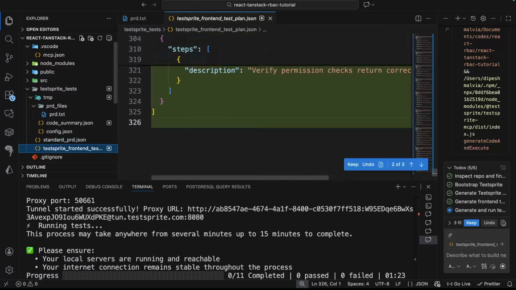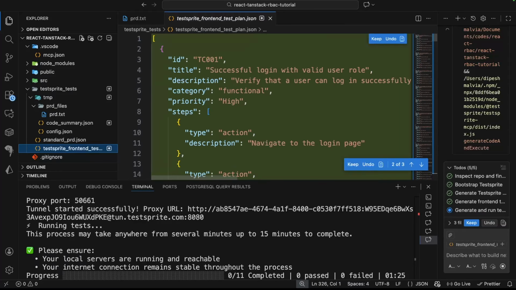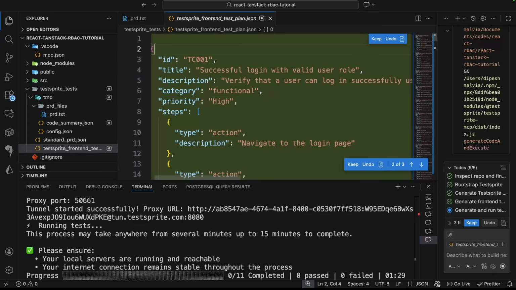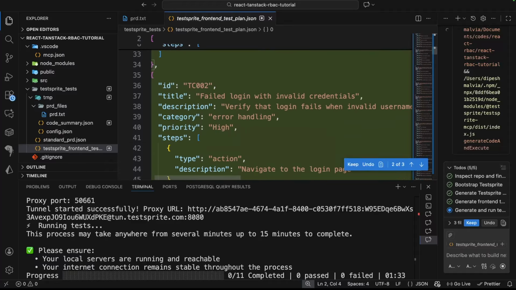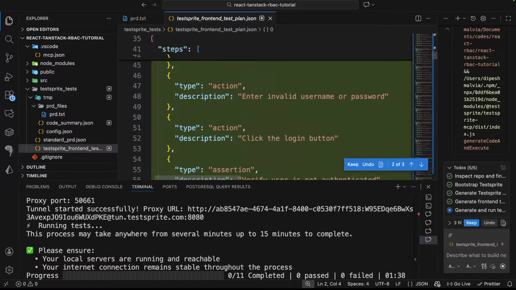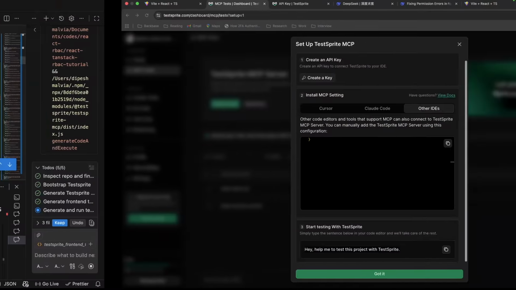Then you have the TestSprite which contains all our test cases. So these are the actual test cases, like test case 1 which is the successful login with the valid user role. Then you will have another test case which will be the failed login with invalid credentials, and so on. Now if we go to the dashboard and see,